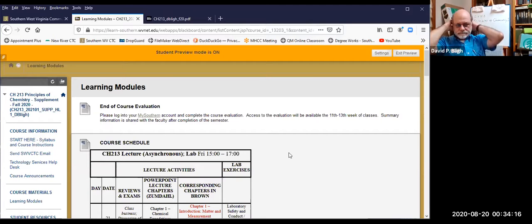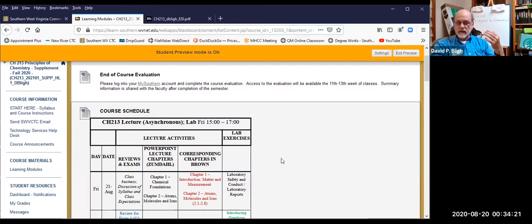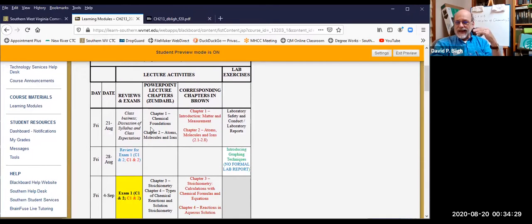Okay, course schedule. So what are we going to be doing this semester? Well, all the lecture activities here are going to be asynchronous, that is, they're on the web, and this is a guide for what we would be doing if we were in class. So I thought that was the best way to approach the problem, how to keep you on schedule. And that is follow these dates, and on that date, you should